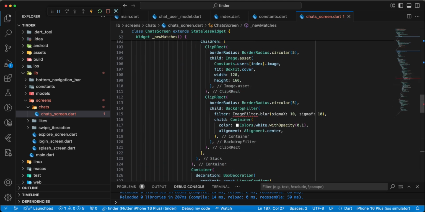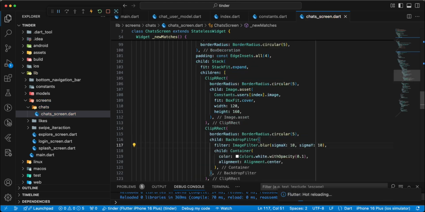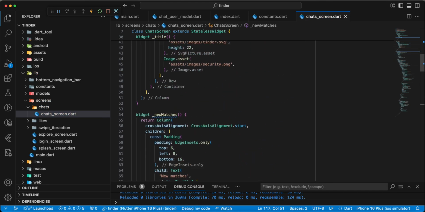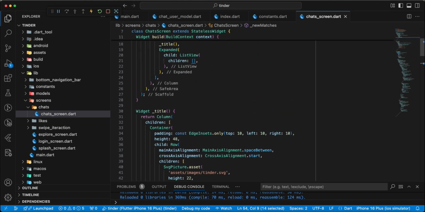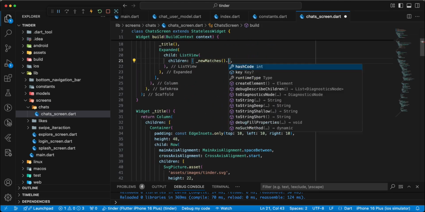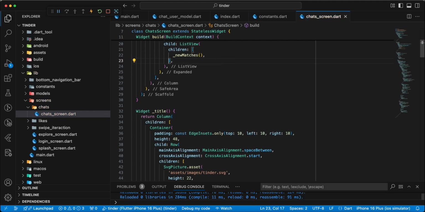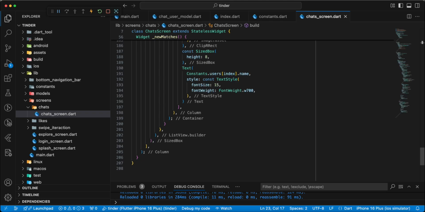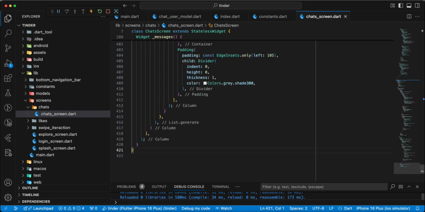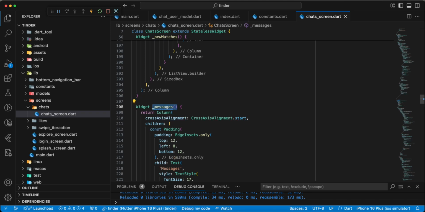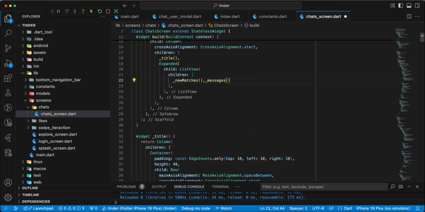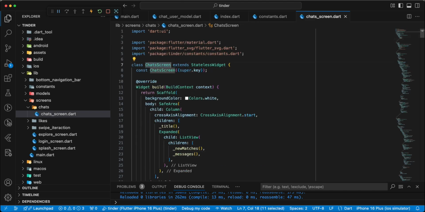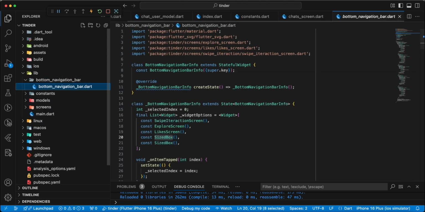add import, then we add information messages, save. Now we add chat screen to bottom navigation bar,